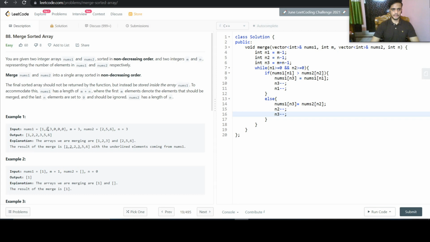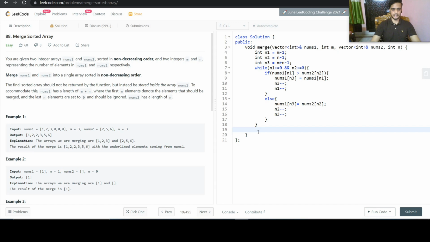Now, if one of the pointers n1 or n2 becomes less than 0, then we handle it. If nums1 is exhausted, it means we have exhausted all these elements, and nums2 still has some elements left.